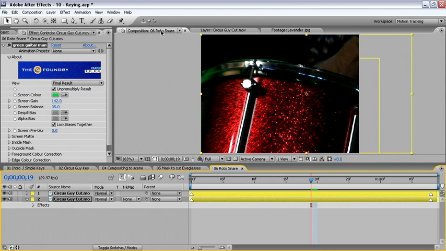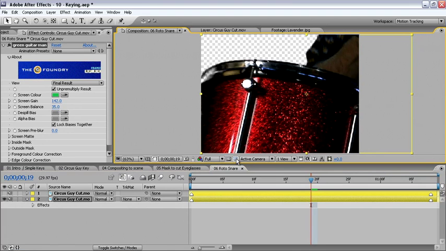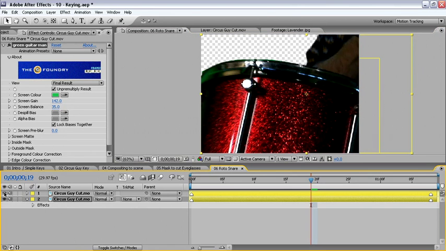We can see that the Key Light has removed all of the green from the background layer by turning the topmost layer off. By toggling the transparency grid, we can see where Key Light has removed some of the green in that chrome. Turning on layer 1 reveals the rotoscoped image, but also shows that we still have some green